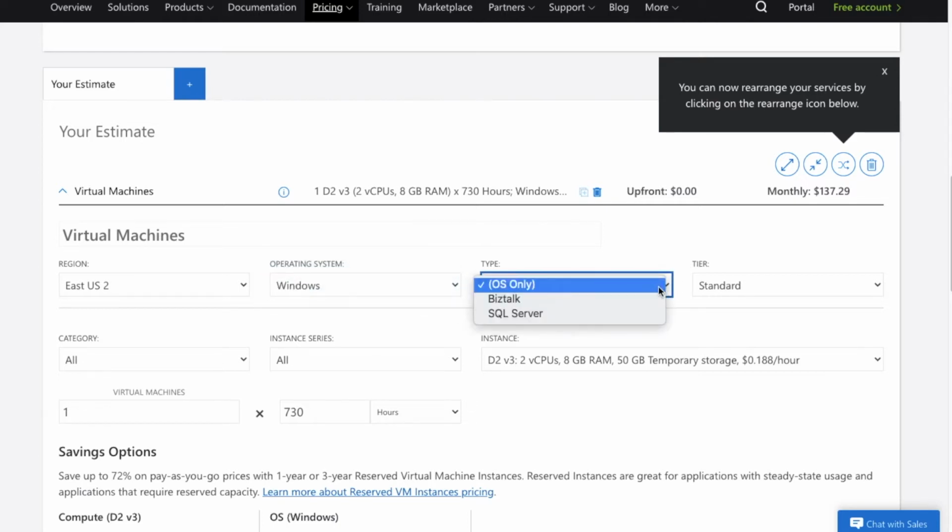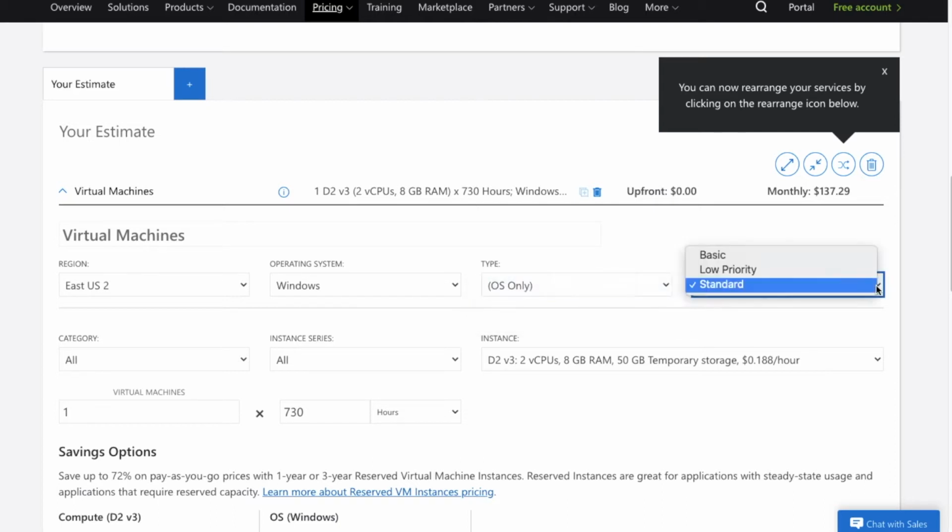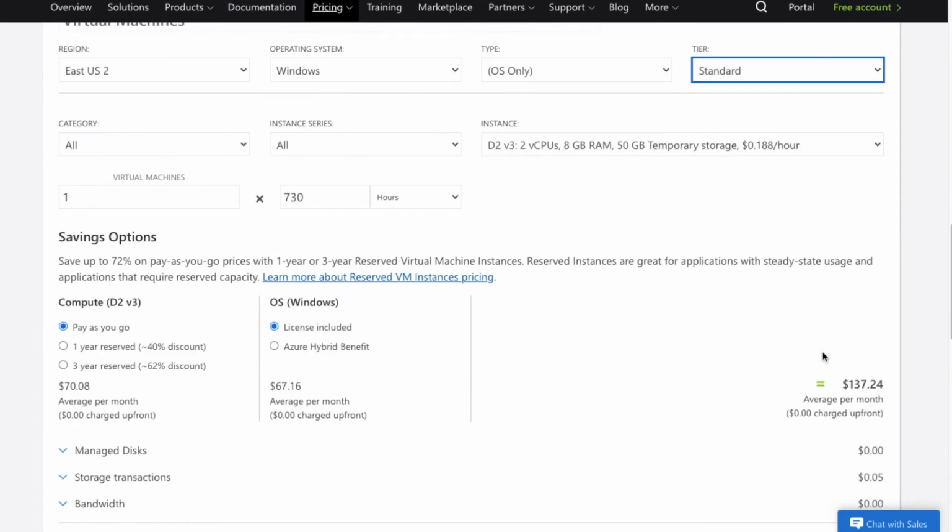So it's OS only. I can select the pricing tier like basic, low priority or standard. Normally in a production environment we select the standard pricing tier. Then, according to the options, the pricing calculation will change.